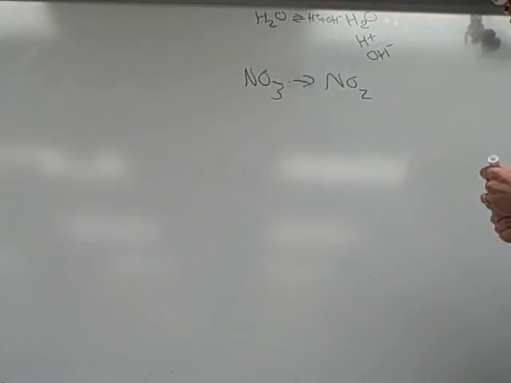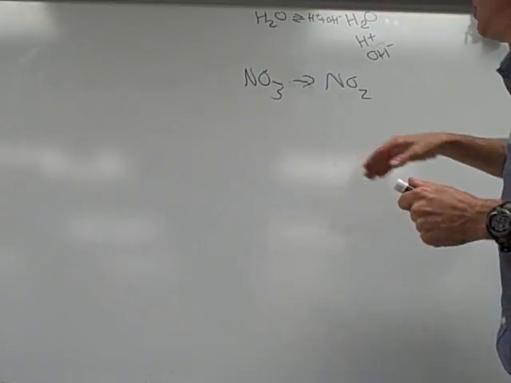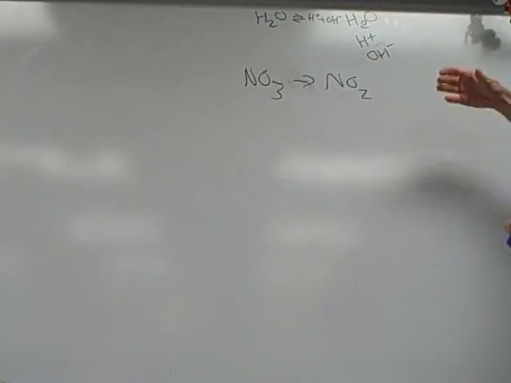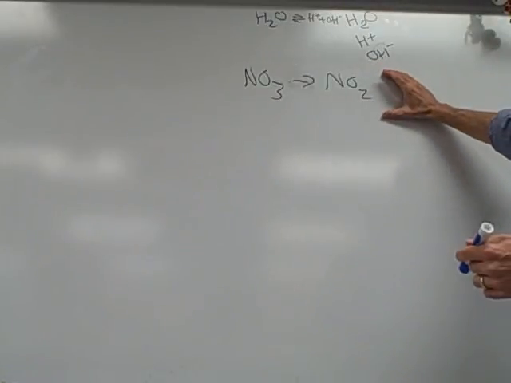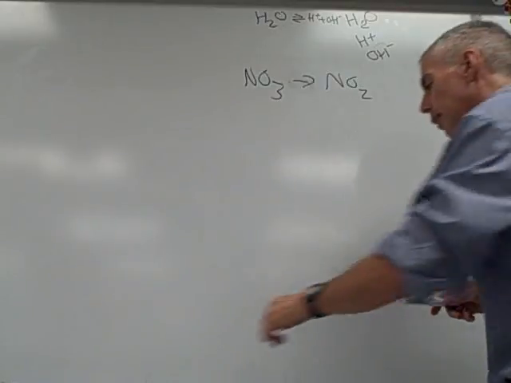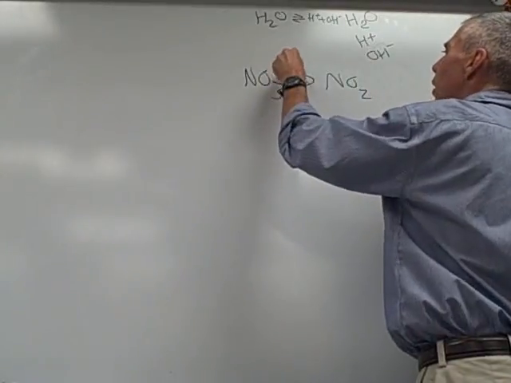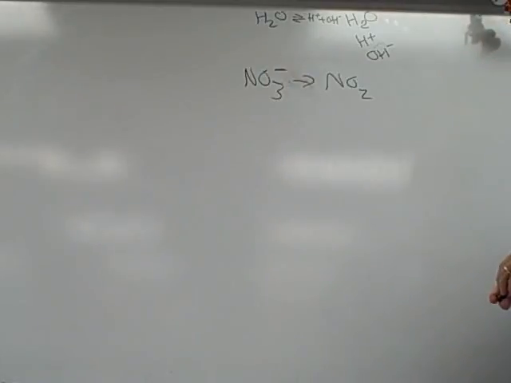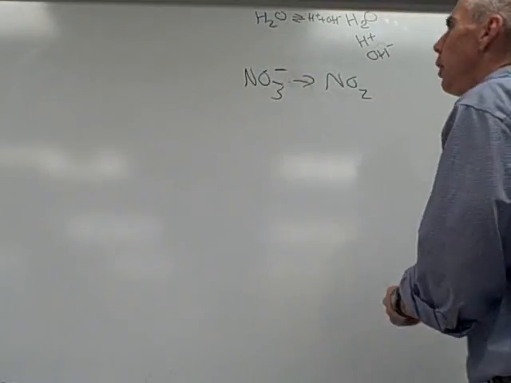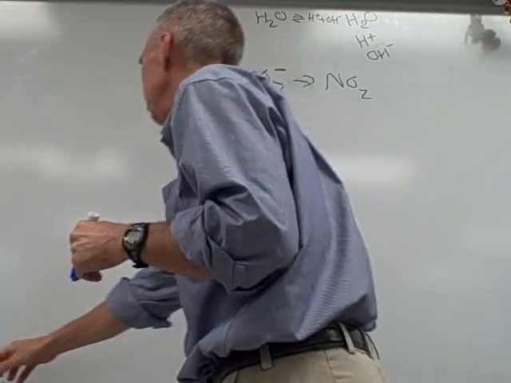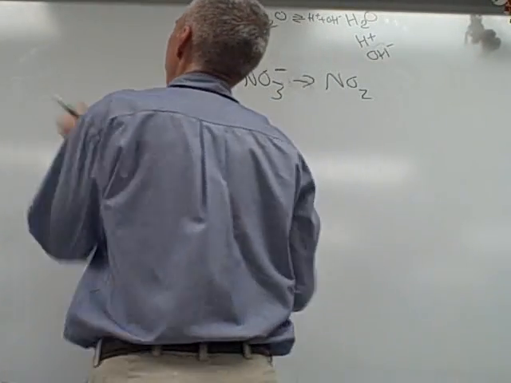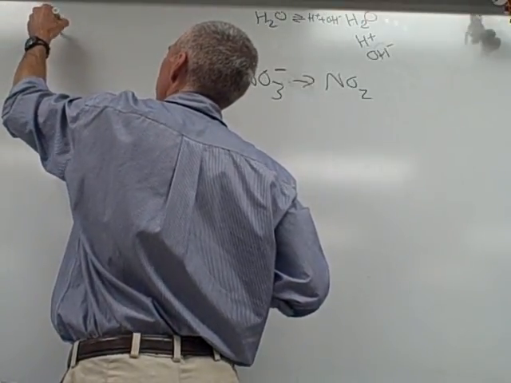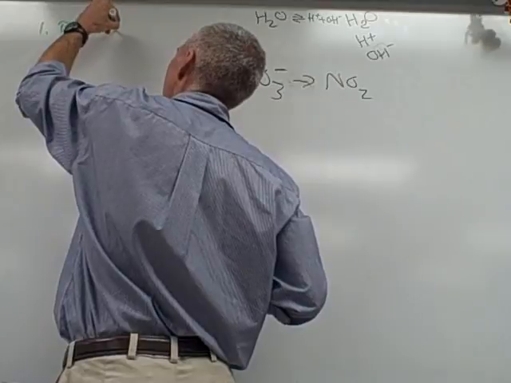All right, so we're doing this in an aqueous solution. Now, there are some steps we go through to balance this thing. We've got to get this right. And so we can't start with nitrate ion and lose an oxygen to someplace else. It just doesn't work that way. So here's what we're going to do. There are 4 or 5 steps. Step 1, we've got to have the same number of all the other elements besides hydrogen and oxygen. So step 1, we've got to balance everything but